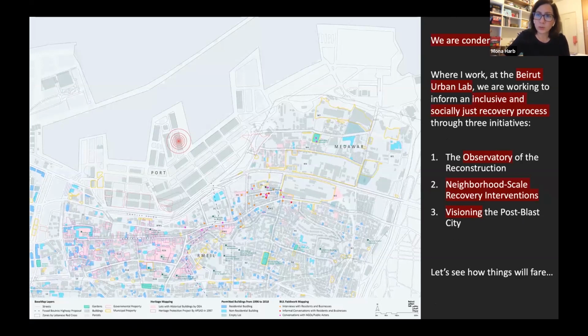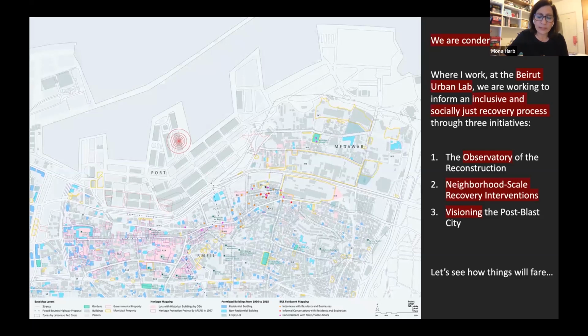So one in which we're trying to establish an observatory of the reconstruction, which would function as an open access and shared information platform that supports, coordinates, and monitors damages and needs assessment, building on our own database that we've been working on. The second is seeking to advance urban recovery frameworks that are just, and doing that through